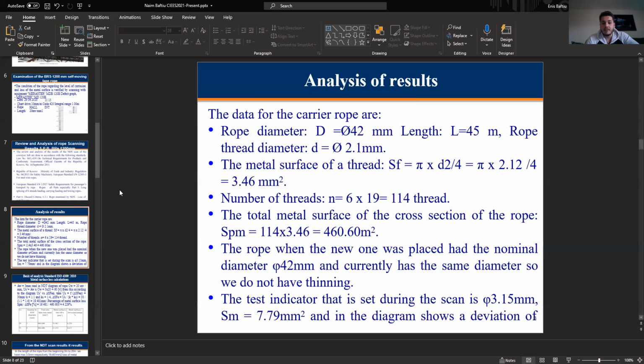The total metal surface of the cross section of the rope is 114 times 3.46, equal to 460.62 millimeter squared. The rope that the new one was placed with had the nominal diameter 42 millimeter. That currently has the same diameter, so we don't have thinning. The test indicator that is set during the scan is 3.50 millimeter, which is equal to 7.779 millimeter squared,